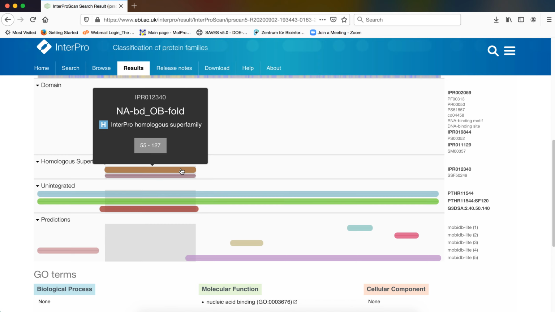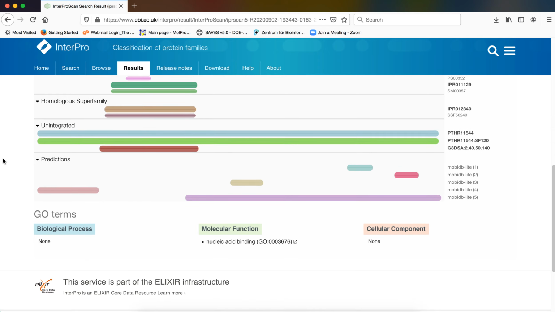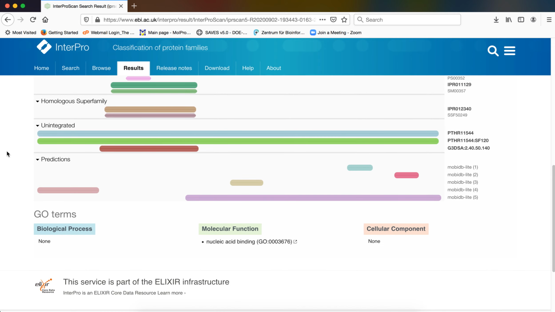As you can see, the NABD OB fold homologous superfamily contains the domain which is specific for the DNA binding, cold shock DNA binding domain that was identified earlier. And this also comes under an even larger superfamily, which is the nucleic acid binding proteins, and the superfamily associated with that.